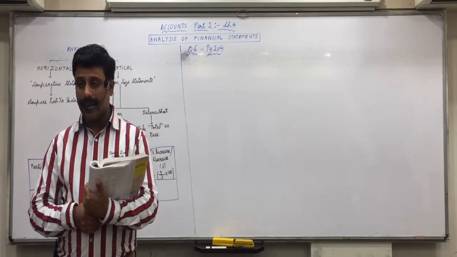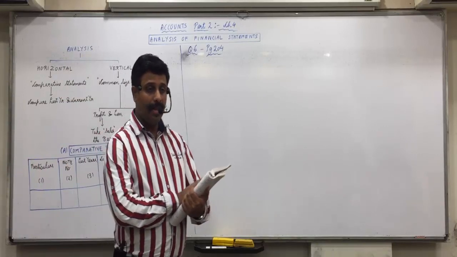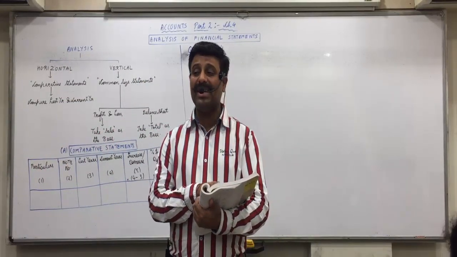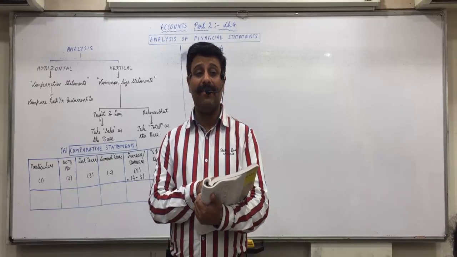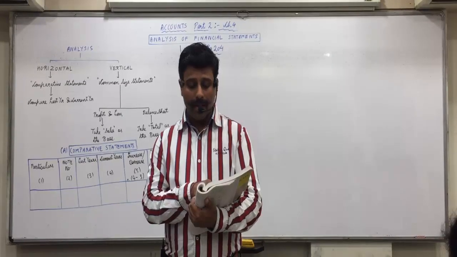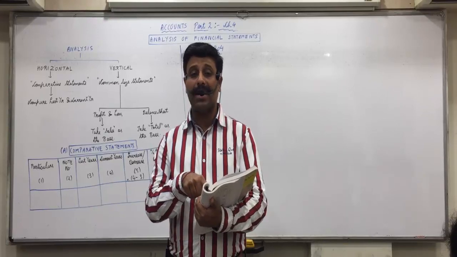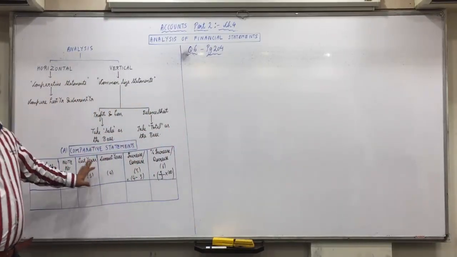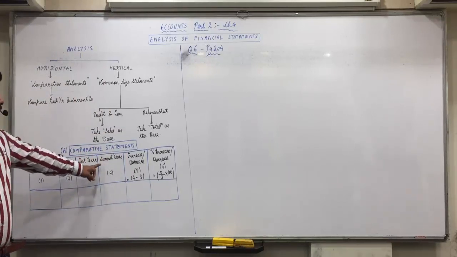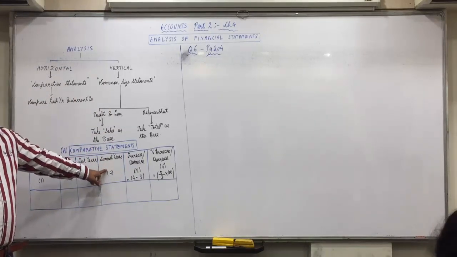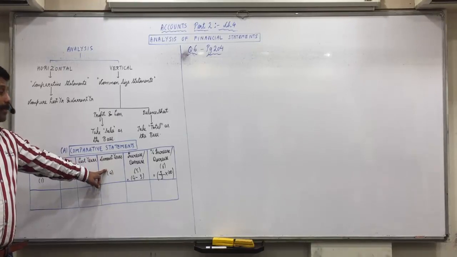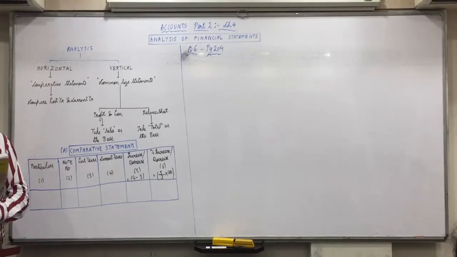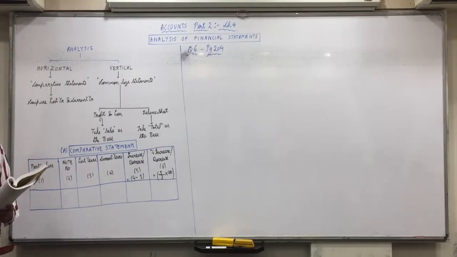3/17 is current year, 16 is last year. See in the question, first we are given the column of 31/3/17, mark it as CY, current year, and second 31/3/16, mark it as LY, last year. But we have to write it cross. First you are given current year, but our second column is current year. Second column you are given last year, but our first column is last year. So every question will be like that. Every information you have to write cross.